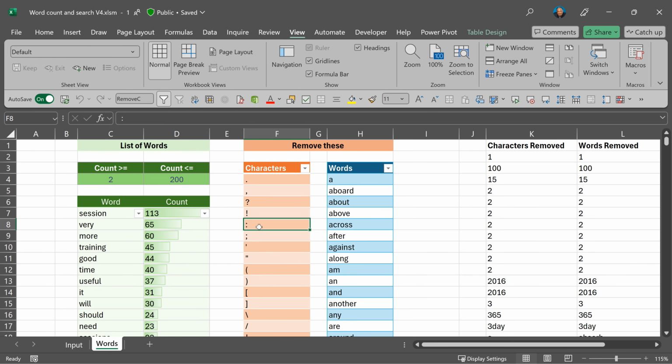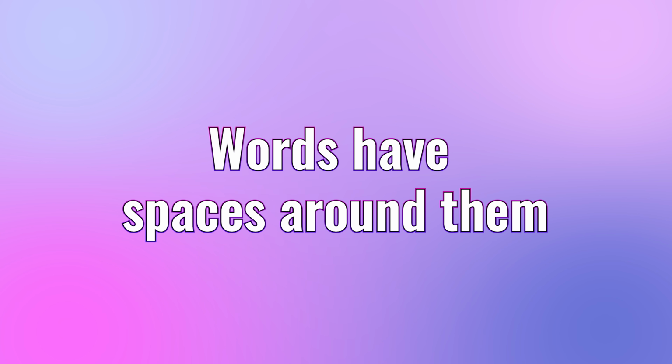Even if they're a part of a word, I'm removing them. But here I can't do that. Why? Because if I remove the word "an" from anywhere, then I'll remove it from another word as well. So characters have to be removed irrespective of where they are, whereas the stop words have to be removed only if they are individual words and not a part of another word.